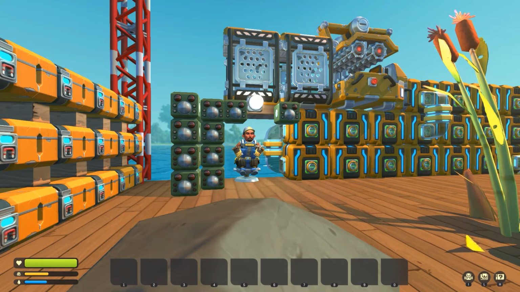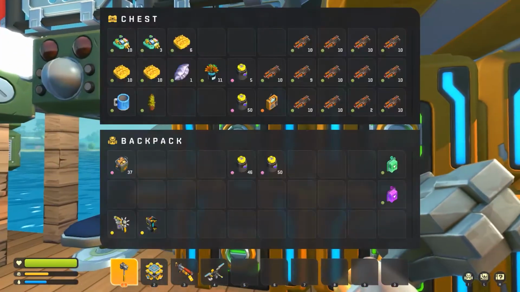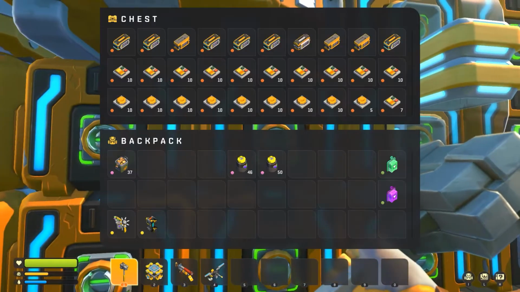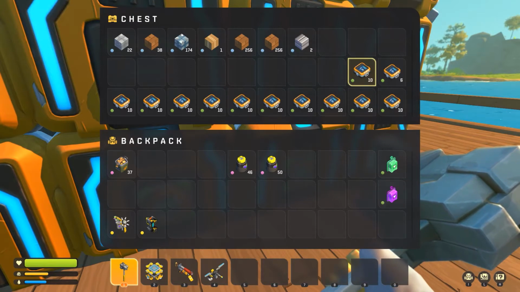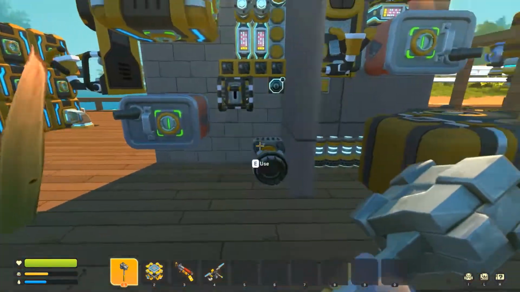In the previous episode we went hunting for component kits and managed to get a nice amount, I believe, if I can find the right chest. I can't find it. I think I've placed them somewhere here, there we go. So there's a good 100 odd here, which I think is going to be enough to start building at least